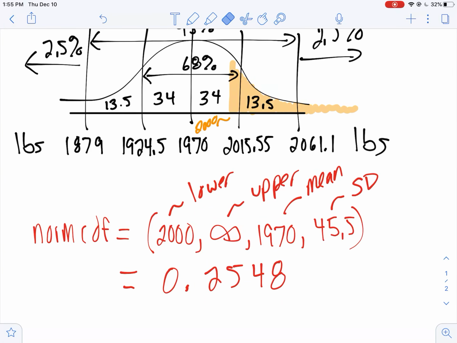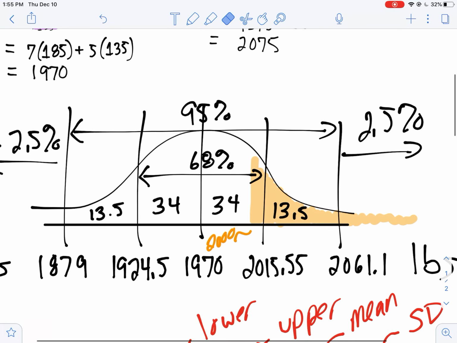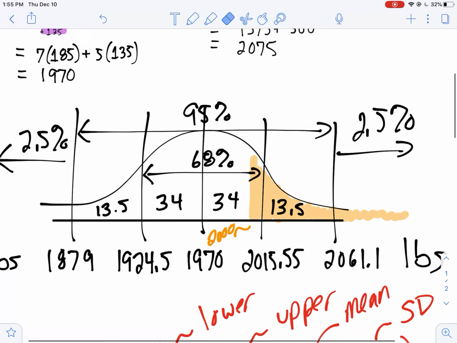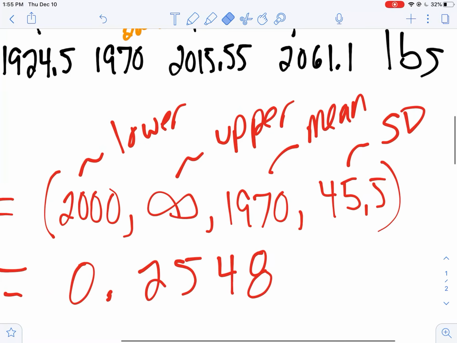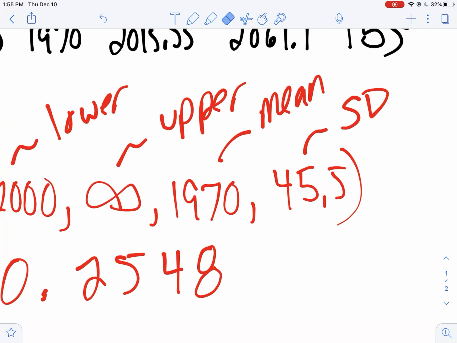So what did I do? I use normCDF, because anytime I have a normal distribution, I'm trying to find the percentage of data between 2 points. That's what I use. And why did I use a normal distribution here? Because I know both distributions are normal. When I combine 2 normal distributions, guess what? It becomes a normal distribution. So my lower was 2,000, and then my upper was infinity, because frankly, anything above 2,000 is going to break that elevator. Had a mean of 1,970, standard deviation of